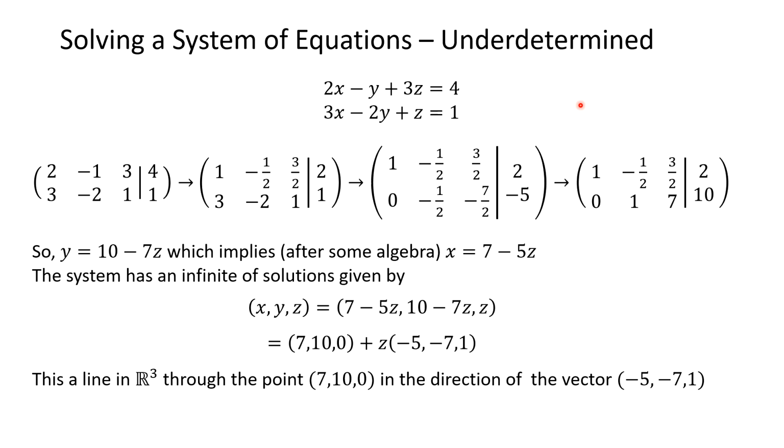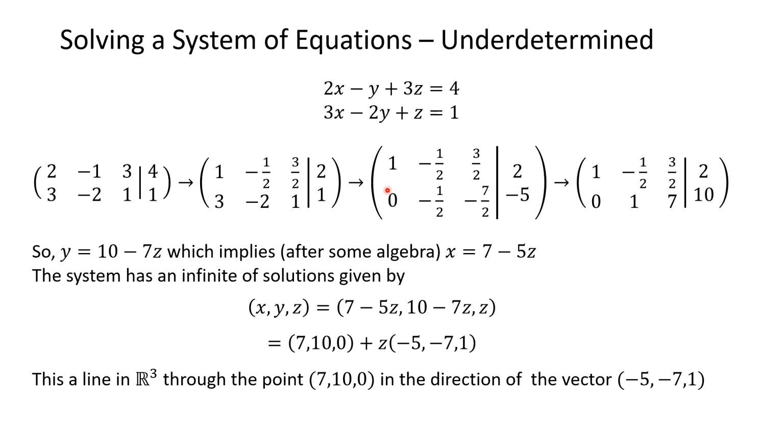The third example is where we have an infinite number of solutions. It's known as an underdetermined system, underdetermined in the sense that you can't determine a specific solution. There's an infinite number. So we have two equations and three unknowns. We put them into our matrix format here. We get a 1 in the first row by multiplying by 1/2, which I've done here. Haven't touched the second row yet. And this is equivalent to the first